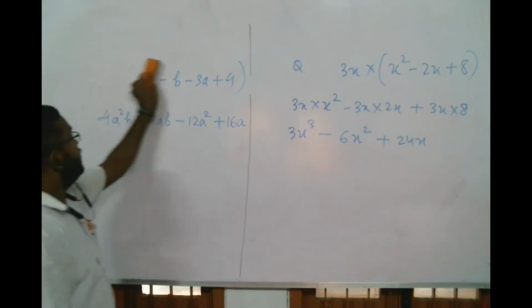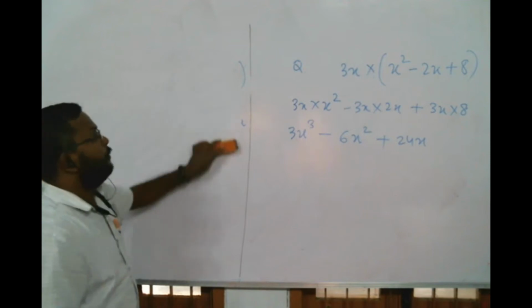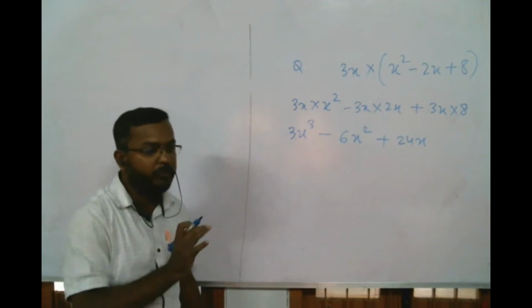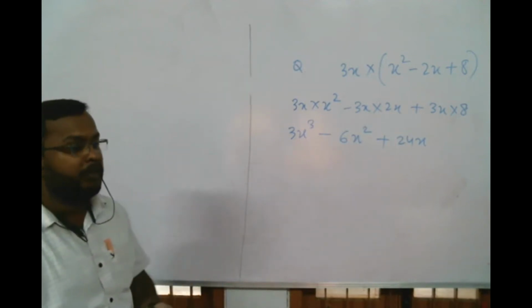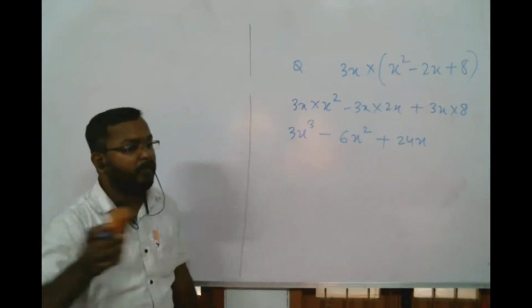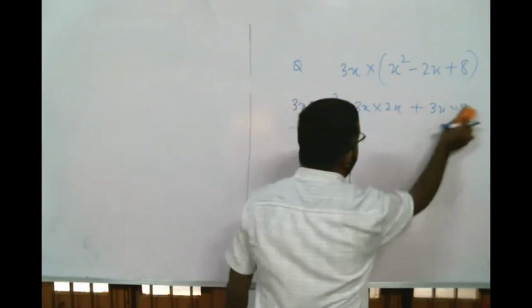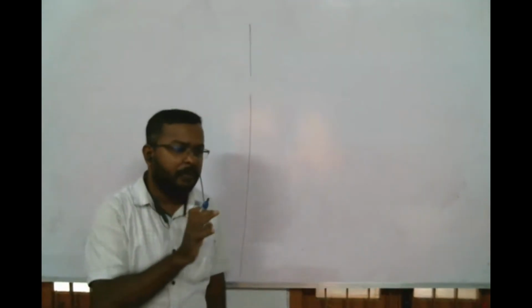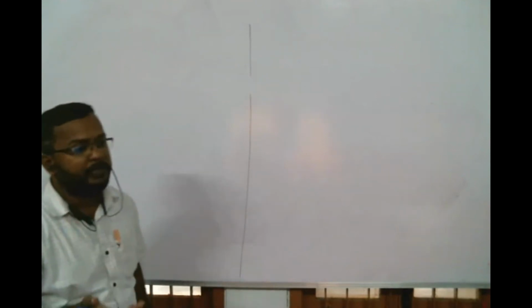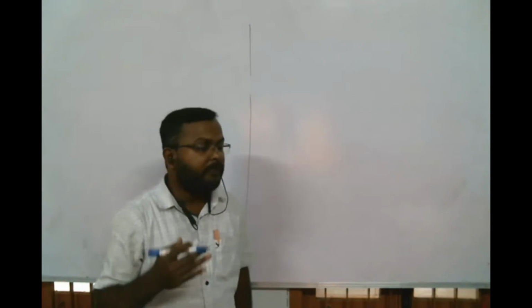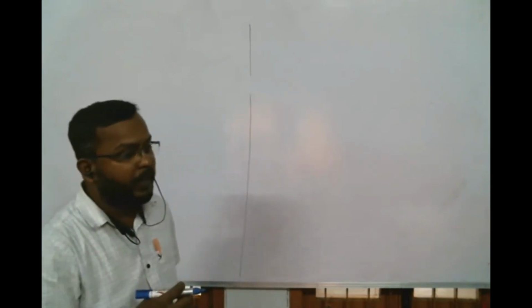Okay, so now let us go to the next concept, that is multiplication of binomial with binomial. Till now we have studied multiplication of monomial with others. Now let us learn how to multiply binomial with binomials, that is two terms with two terms. So before taking the expressions, we'll do it with numbers. We'll take some numbers and try to understand, and after that we'll apply the same concept to these expressions.